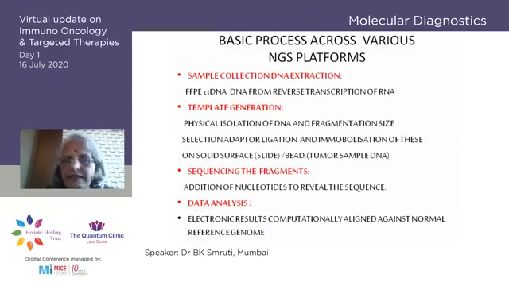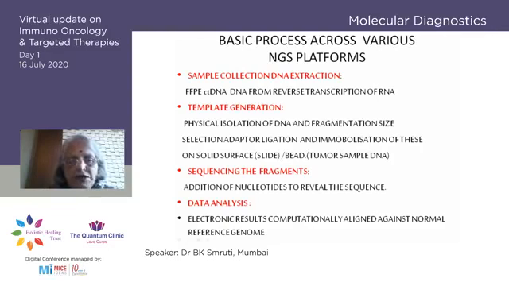So what is the basic process? As I said, I won't go into the details. Being a clinician, I would want all the clinicians to be aware of the basic processes involved in this. So we begin with the sample collection and DNA extraction. This can be done from paraffin tissue, from the blood as for the ctDNA or cfDNA, or by the DNA obtained by reverse transcription of RNA, because you know that apart from NGS where DNA is used, you can also have NGS where RNA is used. But there too, reverse transcription of the RNA to DNA is required.